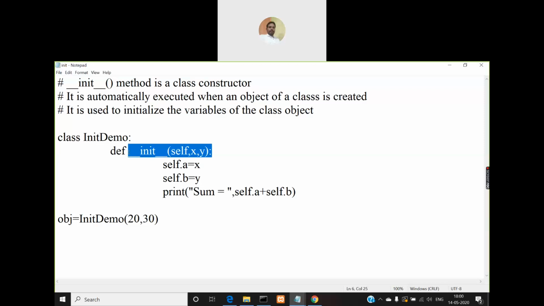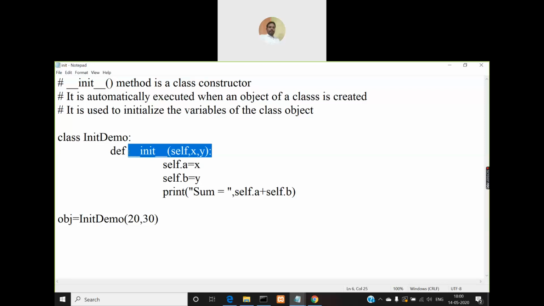But earlier we didn't use this init method, right? Even then we were able to create an object for that class. So what is happening there? By default, you'll have a constructor like in Java, but it is not going to initialize with any values. All the object variables are class variables. So only that is the difference.